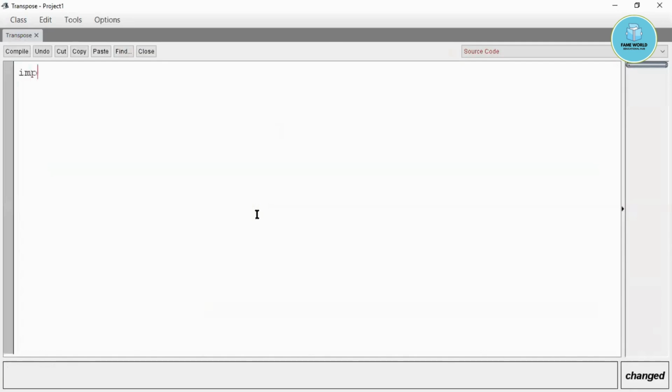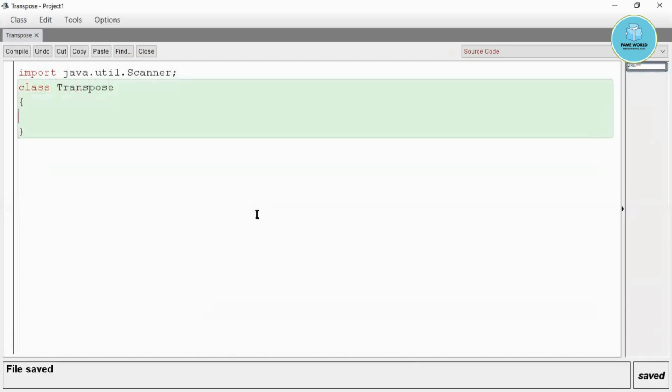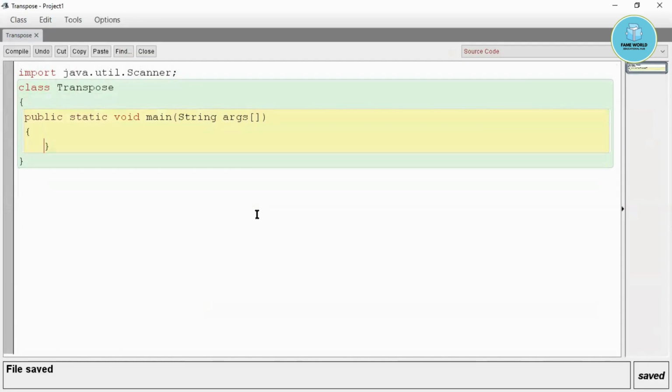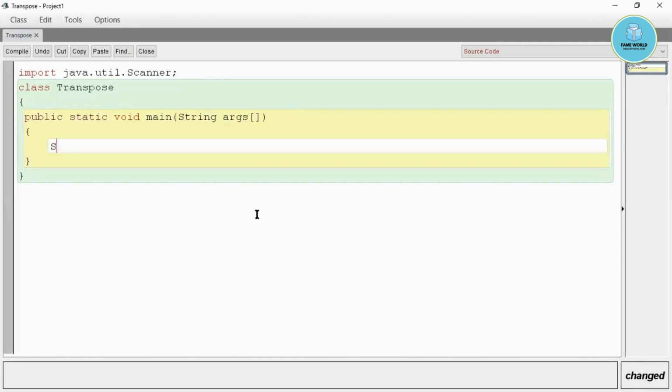So here I am taking import java.util.Scanner class, because we have to input the matrix.